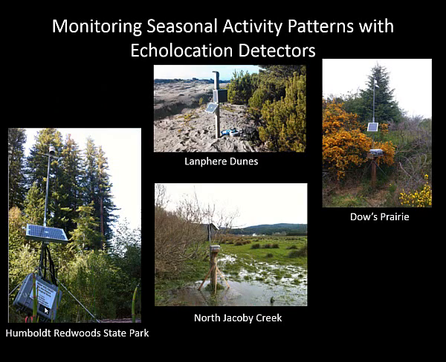So one of the other things that's happened over the past, say, 2 decades or so is the use of echolocation detectors, commonly known as bat detectors, that sense the echolocations of bats when they pass by. And this has allowed us to deal with one of those biases, which is that you can't be there all the time and happen to either capture or shoot a bat or something like that.